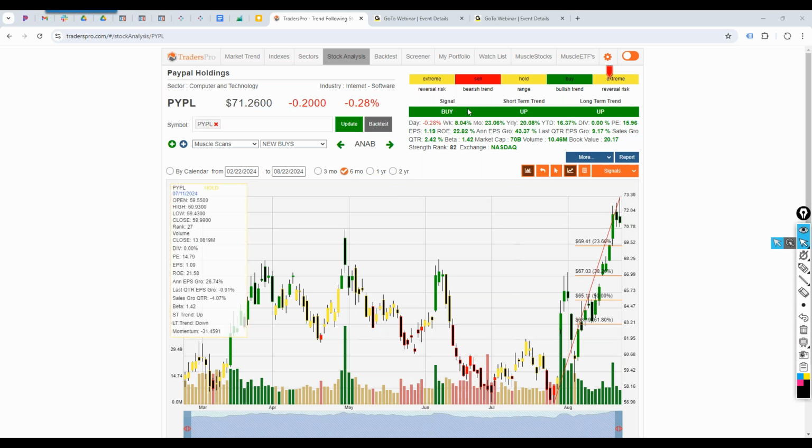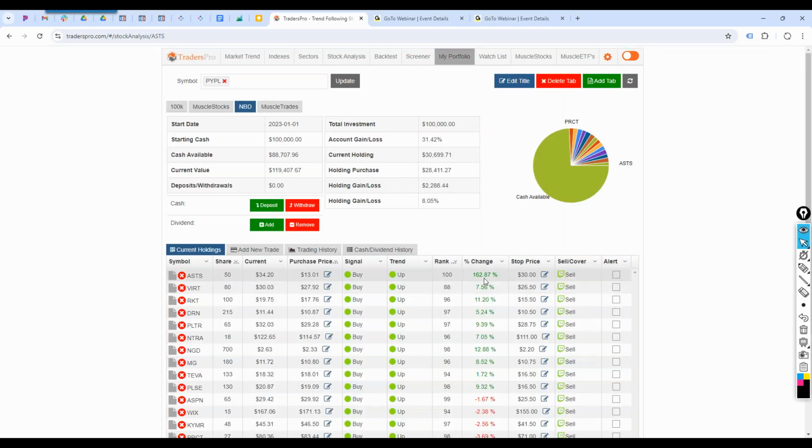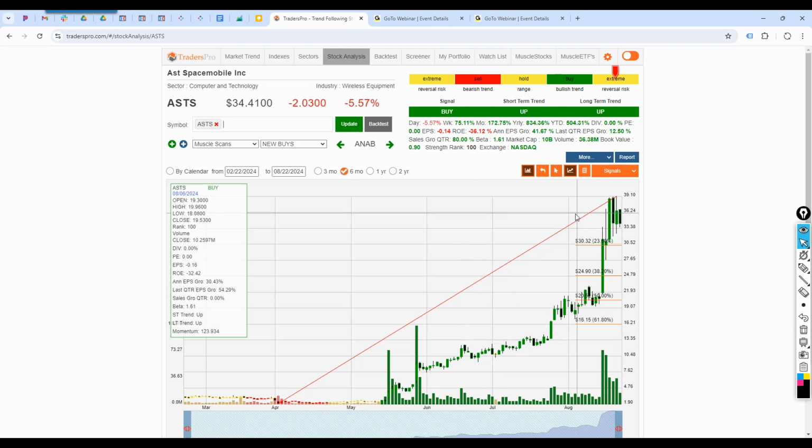Even in momentum style, we don't know which one is going to be the ASTS up 162. There's no way to know that. Yeah, it's a cool idea, and it's a cool technology, but they don't even have a satellite in the sky yet. They're very early. It's a wireless satellite cellular company, and they're still just getting started. But there's a huge amount of demand for this stock right now, based on the future, based on what they might do, or what they could do, or obviously what they are doing.